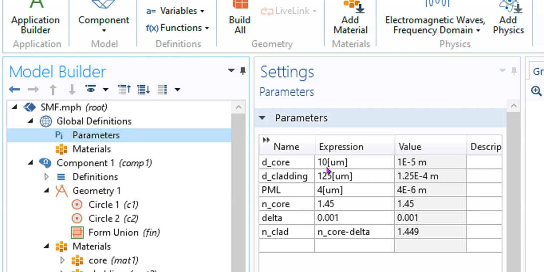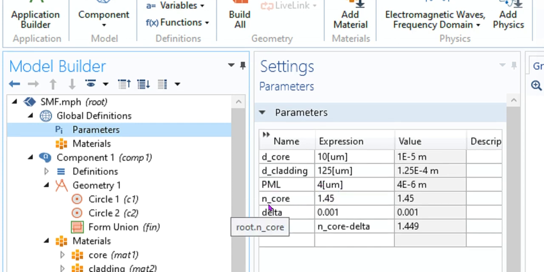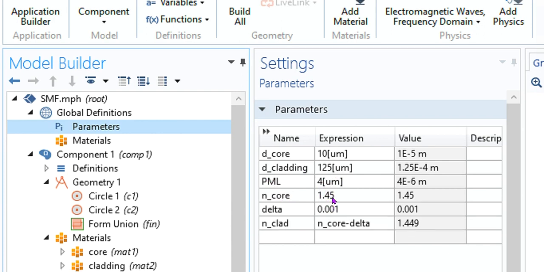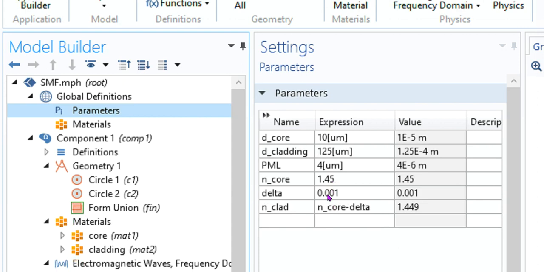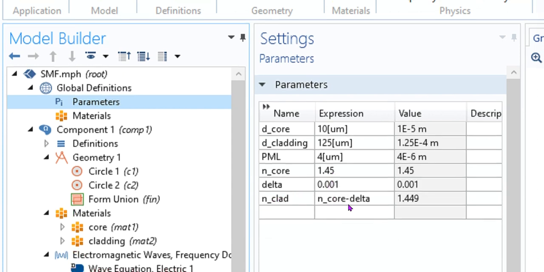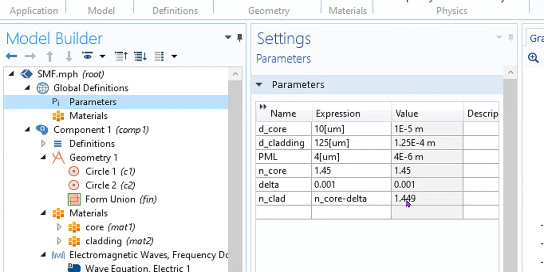So core diameter is 10 micrometer, cladding diameter is 125 micrometer. Perfectly matched layer, we are taking 4 micrometer. Refractive index of core is 1.45 and the difference between core and cladding is 0.001. So cladding refractive index will be n core minus delta, that is 1.449.